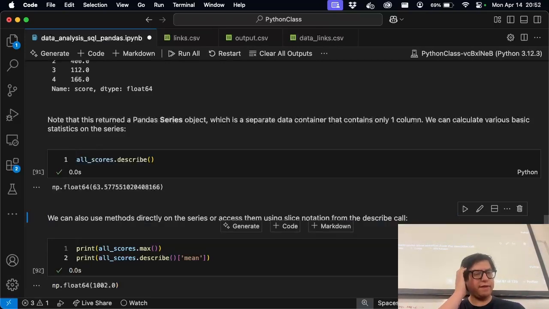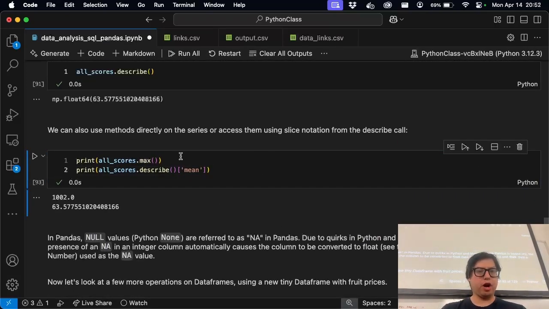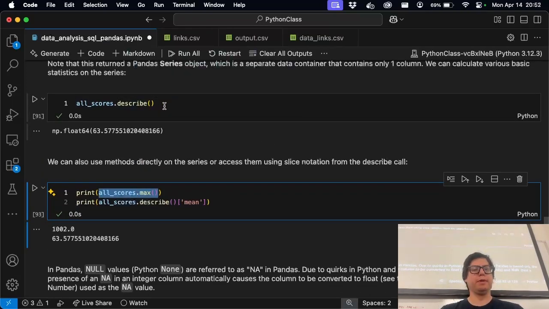So here this is slightly different in that I am calling max on the series itself. See scores.max. Here I did scores.describe slice, and this is scores.describe mean, whatever. So,